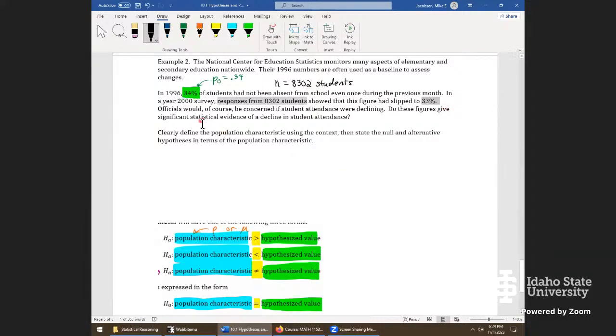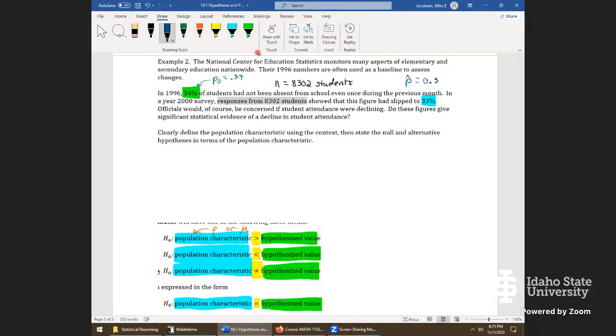Good call. It's based off a study with a sample size from the population. This wasn't the entire population. Because this is a national program, there'd be millions of students. So right here, this value is a statistic. Let's write p hat